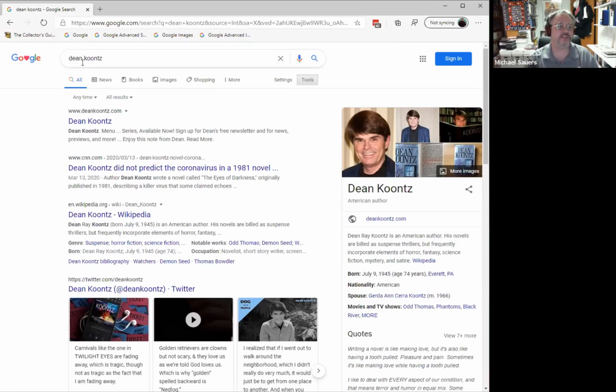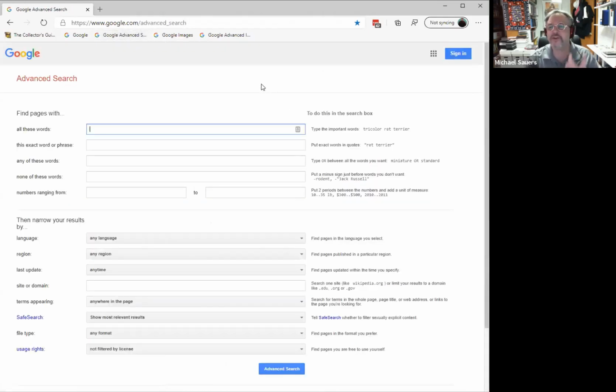I did what's called a simple search. But what I can do is I have bookmarked what's called the advanced search. There used to be a link to this on the Google homepage. It's not anymore, but all you can do is Google advanced search, and you will find it, and it's at google.com/advanced_search. And what you will see here is now if you want to do a much more complicated search.